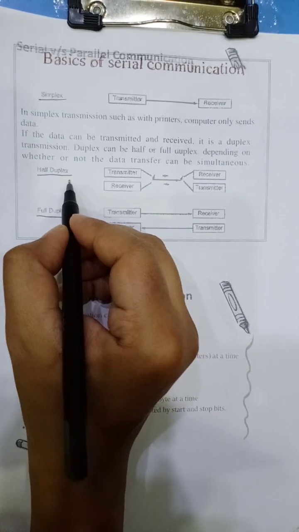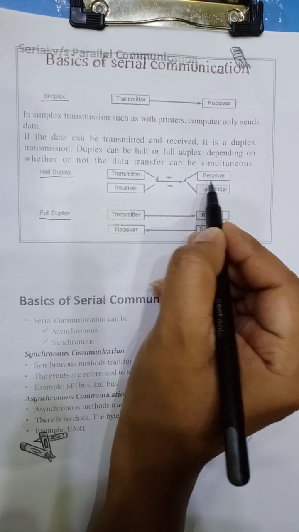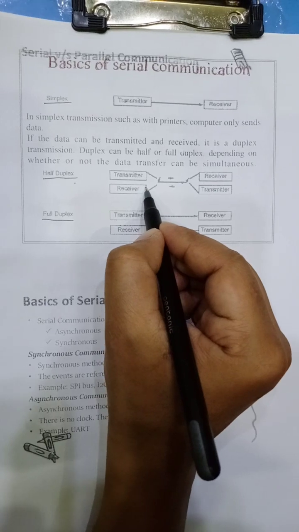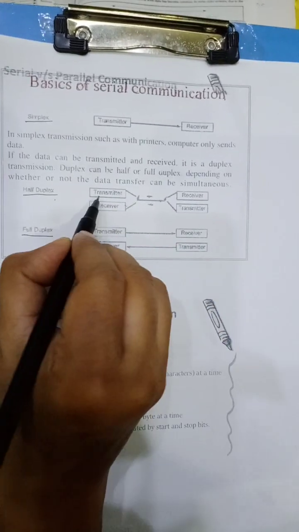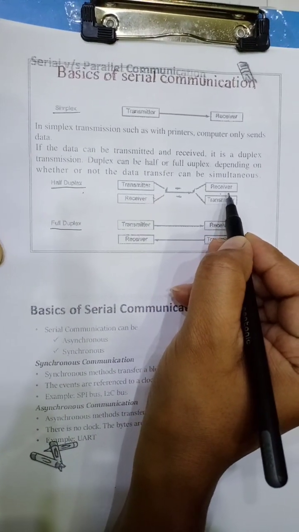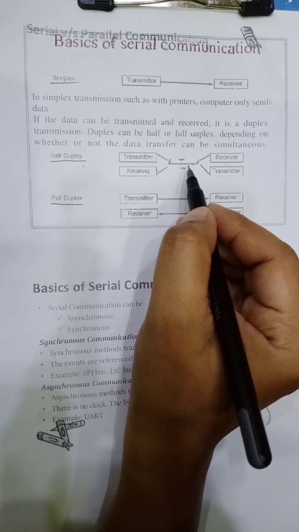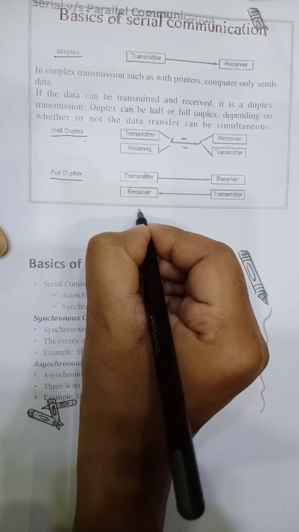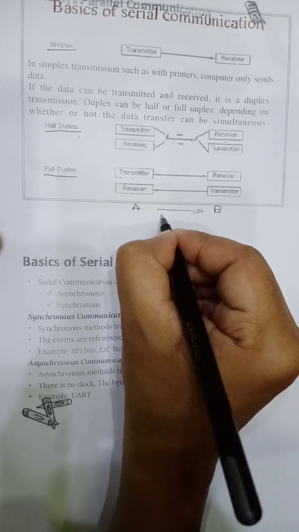Whereas in the half duplex, the data will be transmitted from the transmitter to receiver, and from the receiving point to transmitter also it can be sent. But cannot be done both at a time. The data can either go from one point to another point, or the data can come from another point to the initial point, but not both at a time. Whereas in the full duplex, the data can be transmitted from the point A to B and B to A